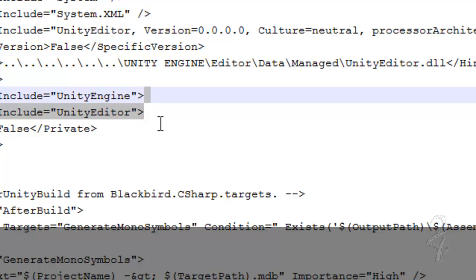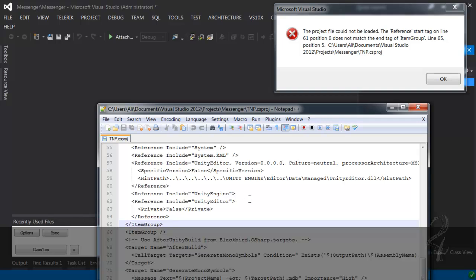Item group. Oh, I had done something foolish,